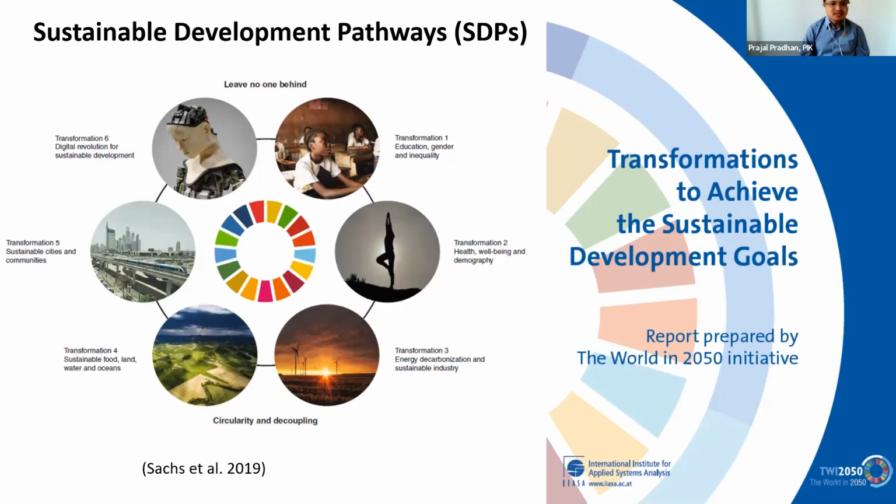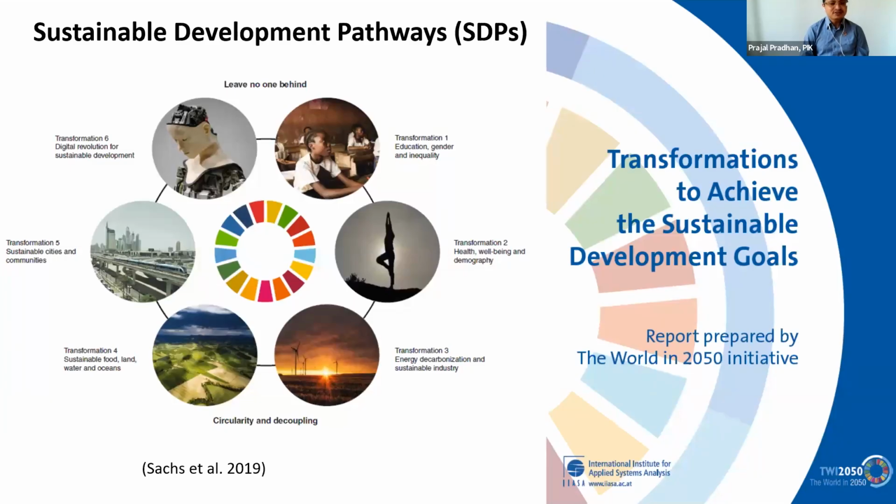saying that in terms of sustainable development, one needs to think about first transforming or ensuring education for all, gender equality, and then also addressing the issue of inequalities. The second transformation is about health, well-being, and demography. There is a big prominent topic about energy decarbonization, sustainable energy, circularity and decoupling, which is under one here. And then we do have food, land, and also ocean, and then future cities, sustainable cities and